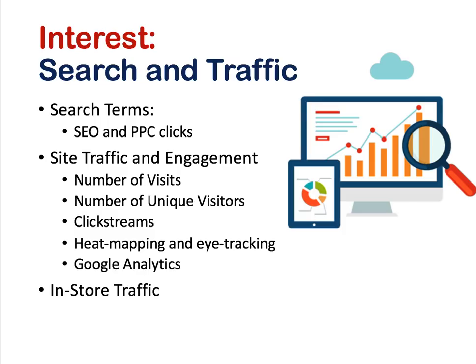Let's move on and talk about the second piece of the ADA model, when we're thinking about interest. There are so many things that we can look at under the interest funnel, so under the interest piece. These are just a couple. Obviously, with the advent of online behavior and online search, when customers are in that more information gathering stage and they're just trying to learn about their choices or to evaluate whether or not this particular product or service might be a good idea, they're going to be going online first. So there's going to be a lot of search metrics that you can look at.